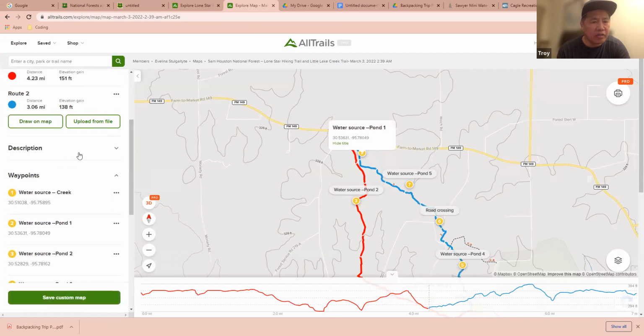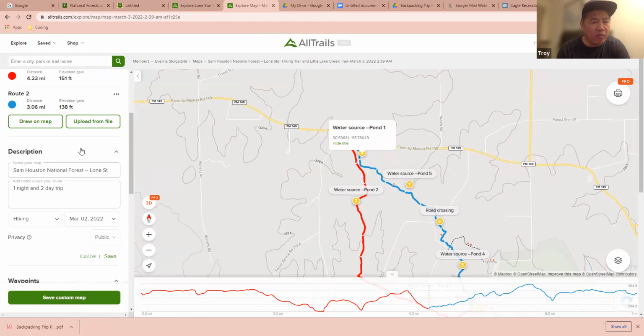and then where it says description, go to description. And so you just have 1 night, 2-day trip, right? That's a pretty brief description, but what you can also do is just put all kinds of information there. You can put like a link to the National Forest website. You could put the address of where you want to meet. If there are some unique features, you could put those type of things. You could just put a lot of information. If you have your trip planning document, you could put a link to that document. And then once you share this with the group that you're backpacking with, all that information is here within that description.